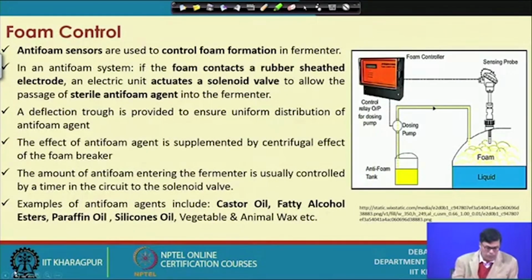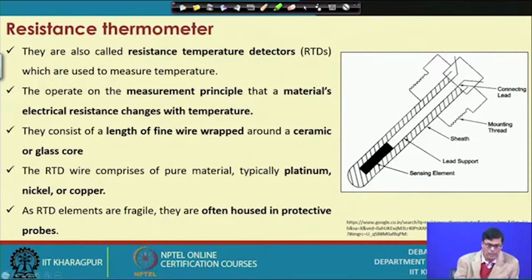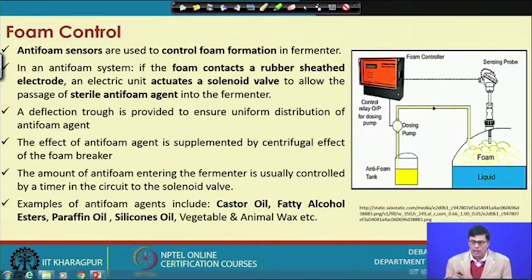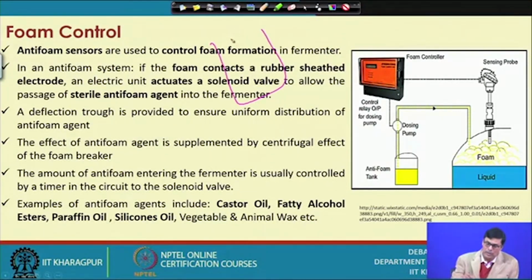Next is the foam control, which is a common feature of any biochemical industry: foam formation. And why is it very much required? Because you see that in the fermenter, suppose this is the fermenter, and if you have foam formation, and I